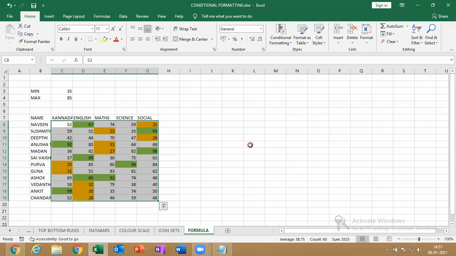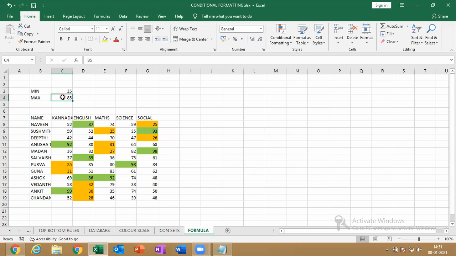Now very simple, just select the 35 and change it to 45. After the greater sign, greater than 85, this 85 you select. Sideways now. For that, you don't remove the dollars. Okay, equals, select the 52, remove the dollars, greater than, you select the 85. For that 85 you're selecting, you'll get some dollars, right? Don't remove the dollars. After that, just click on the format tab below that, you just apply a color.